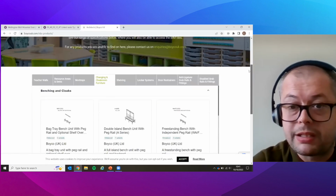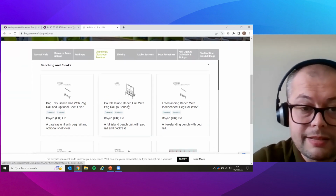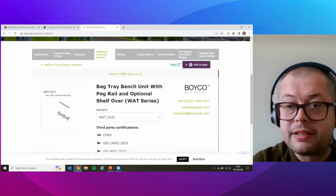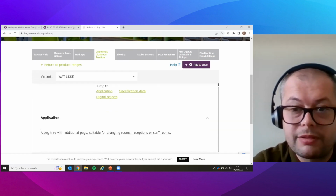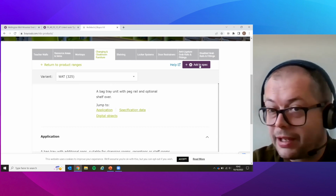So if the specifier has actually gone to the manufacturer's site through Google instead of going through MBS, they can actually see these listings now. In this case, we were thinking of maybe going for a wall unit. You can see that we can now take a look at all of that MBS information directly within the manufacturer's page. But importantly, that Add to Spec button is also in there as well,